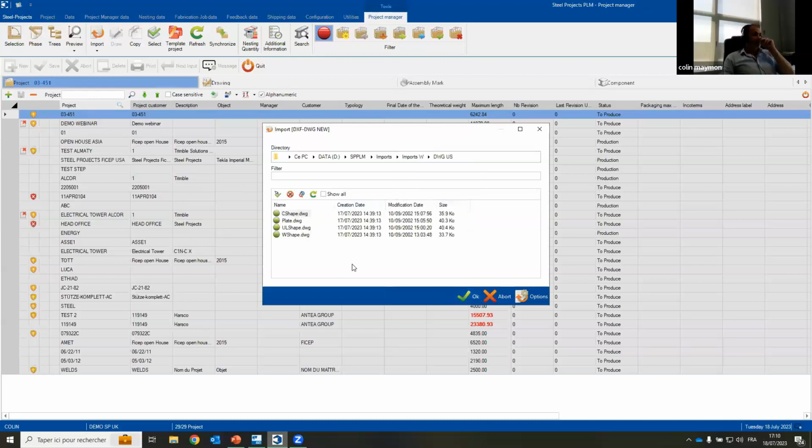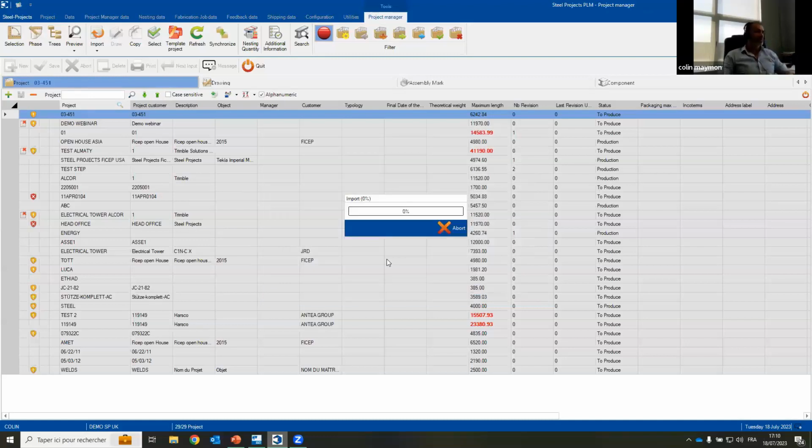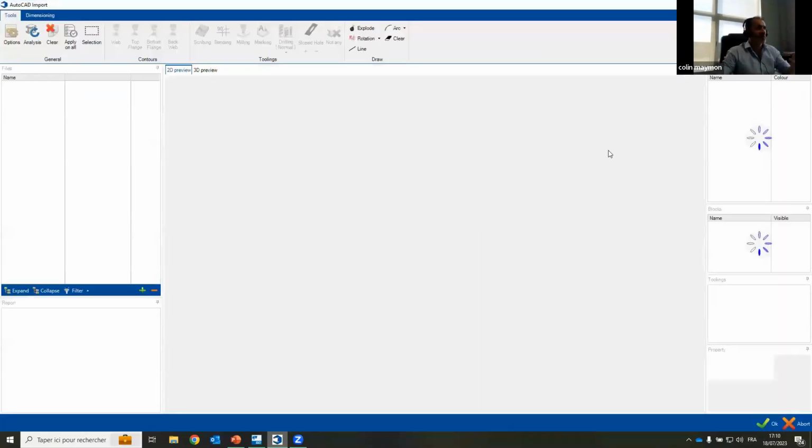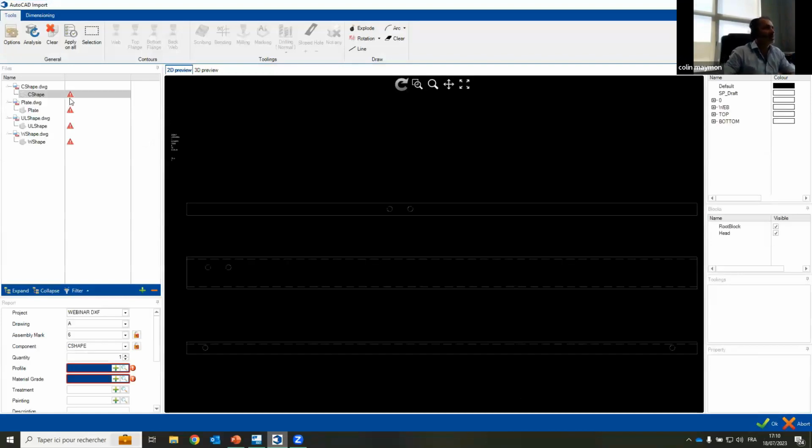Here I've got 4 components. I will click on OK. It's opening a window like that. In this window, I've got my four items with a red flag telling me that it's impossible to import, because before importing, I need to put the name of the project, the name of a drawing, a quantity,